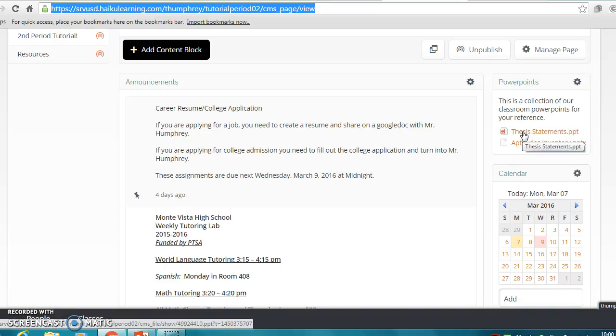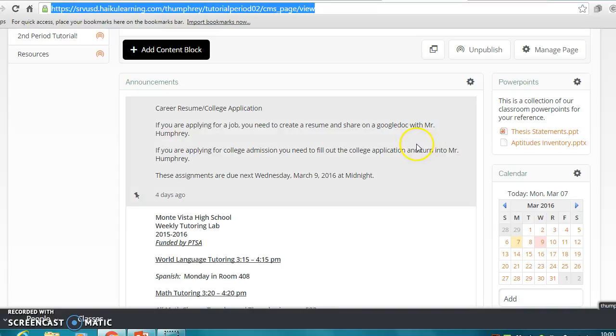One of the things that I noticed from last year was that I would give my kids great tools and resources to use in the form of handouts, and then I would have them keep them in a binder in my room. But the only problem with that was they wouldn't have access to that material when they got home. So I tried to do it differently this year, where they would have everything available to them via accessing their Google Drive at home and being able to access our Haiku website at home.